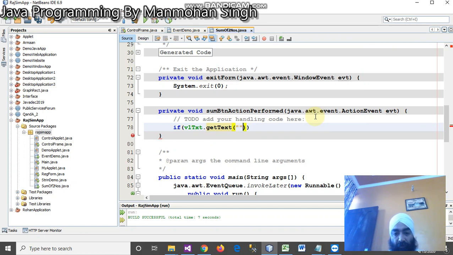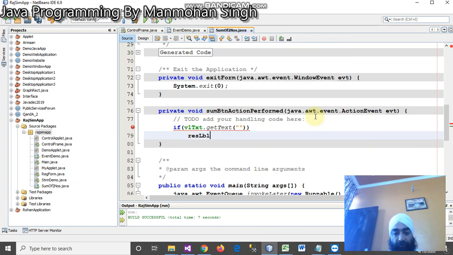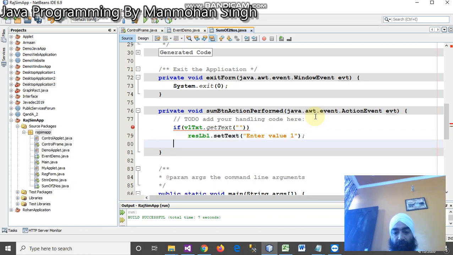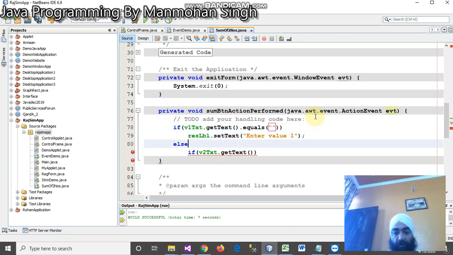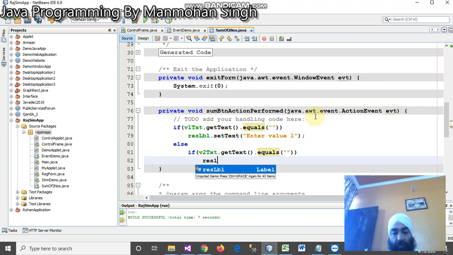If it is empty, then result label dot set text, enter value 1, else if v2 txt dot get text dot equals empty, then result label dot set text and enter value 2,